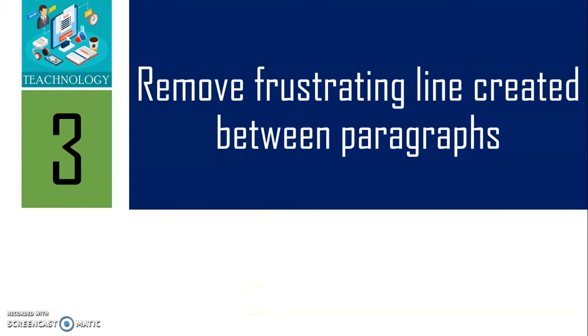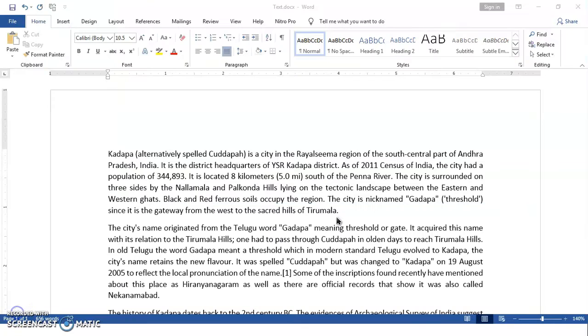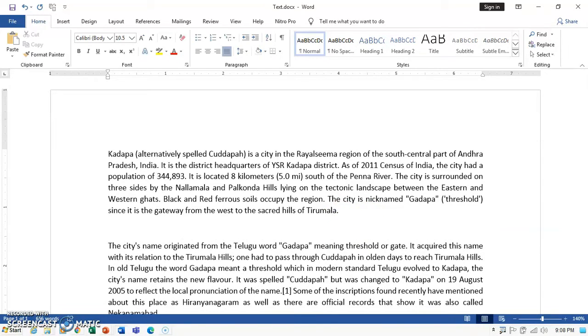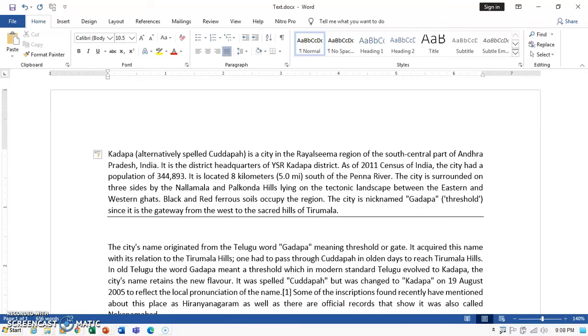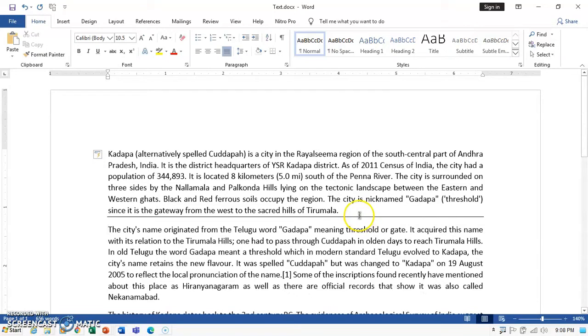The third tip that I am going to give you is how to remove the frustrating line created between two paragraphs. Have you ever run into a situation in Microsoft Word where you somehow ended up with a horizontal line that you absolutely can't delete? Like this. On a blank line in Microsoft Word, you enter a series of underscores, perhaps to create a line, and then as soon as you hit the enter key, the disaster strikes, because automatically Word creates a horizontal line which